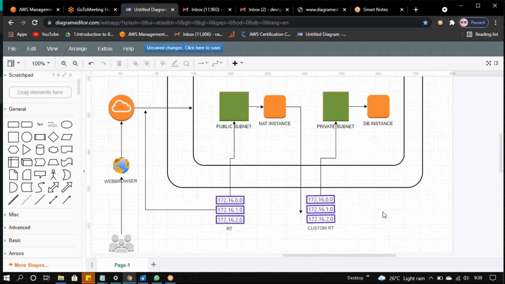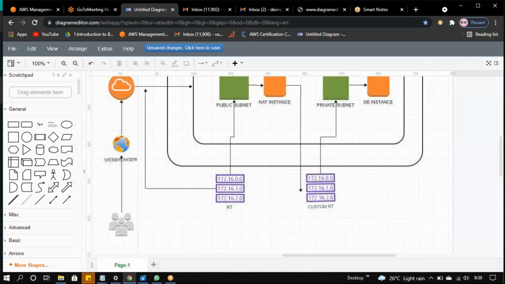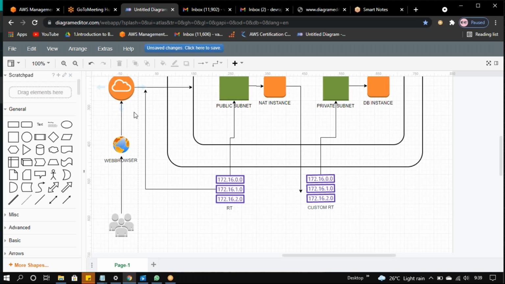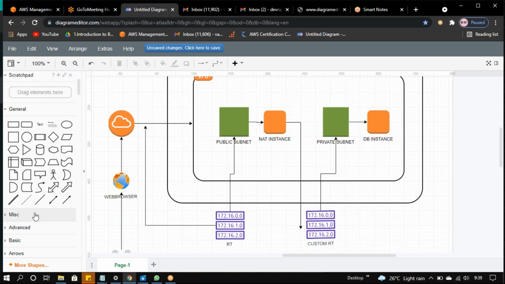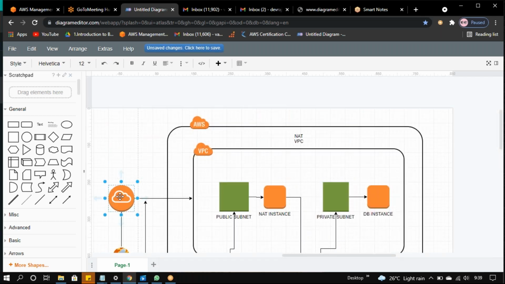Okay, so this will be the blueprint of this hybrid. Once users access any application and type a web server address, it will reach the NAT gateway, NAT IGW.